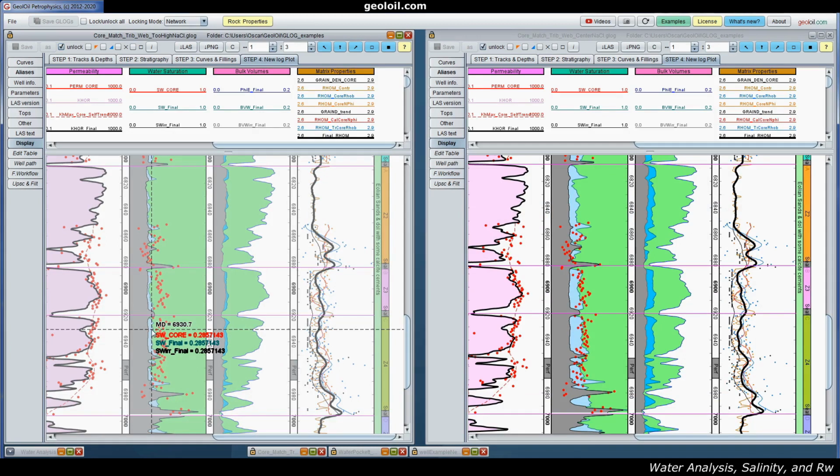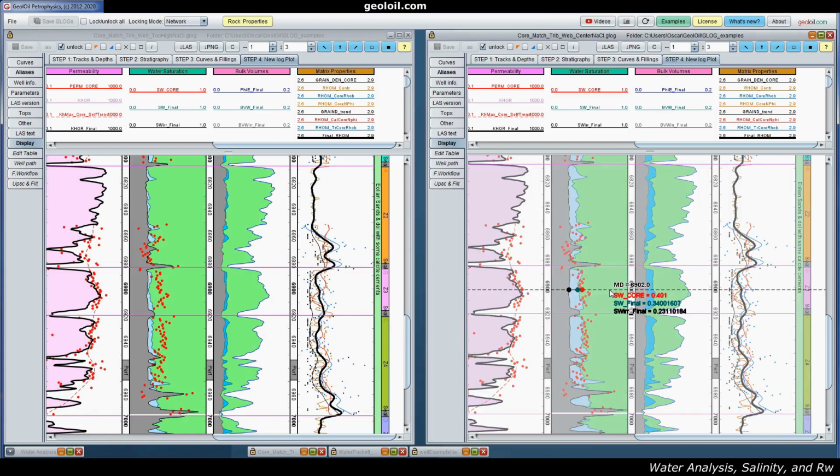It's a mismatch. Here in the right window, we have a difference between the water saturation and the irreducible water saturation in black. That difference between the water saturation SW final and the black curve SW irreducible is free water that is supposed to be produced if you open the well for production, you perforate the well or whatever. So we have some water saturation, and here we don't have any free water saturation. If you put in a higher salinity, you should expect that your model won't produce enough water.